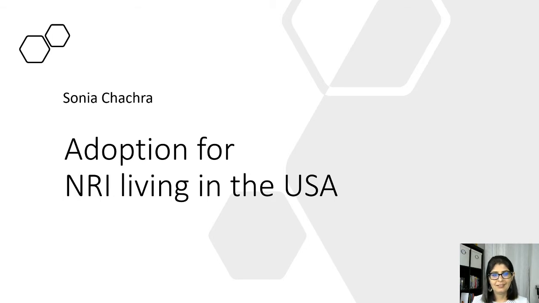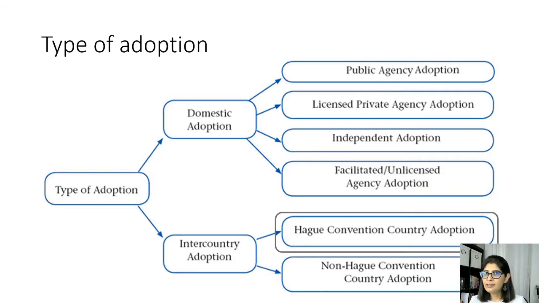So let's get started. I think you know already the types of adoptions, but I'm just going to go through this very quickly. You can categorize them broadly into two: domestic and inter-country adoption. So domestic adoption is when you want to adopt from the US, a US-born child. It can be infant adoption, also adoption through foster care. I'm definitely going to talk about this because this could be one of the processes NRIs could follow, but I'm going to keep this for the next video.